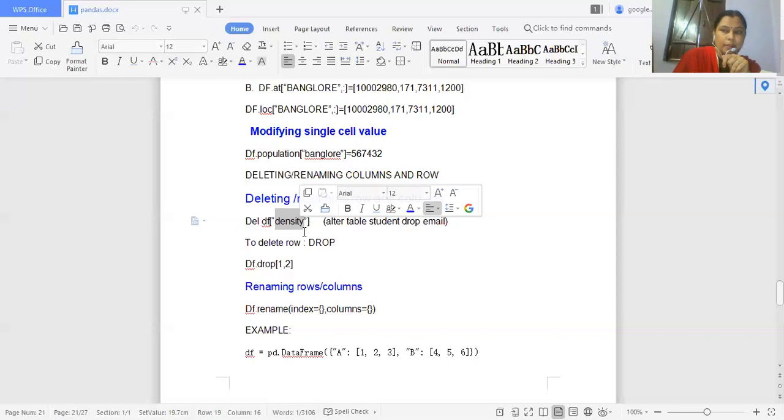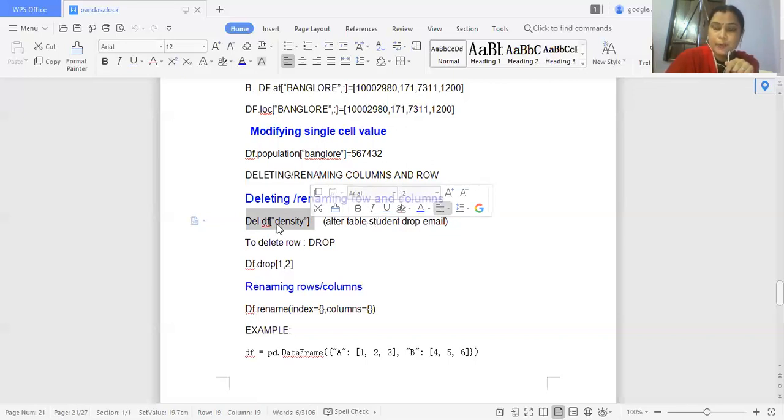Here the column name is density. By this syntax, the density column of the data frame will be removed.